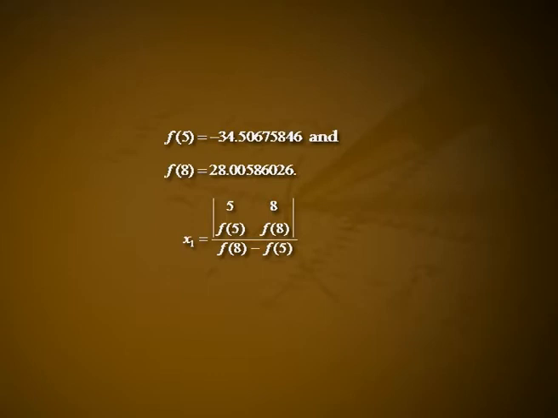Solution. Step 1. Let f(x) = x^2.2 - 69. We find f(5) = -34.50675846 and f(8) = 28.00586026. x1 = determinant |5 8; f(5) f(8)| divided by f(8) - f(5), that is equal to 6.655990062. Step 2. Now f(x1) = -4.275625415, and therefore f(5) × f(x1) > 0, and hence the root lies between